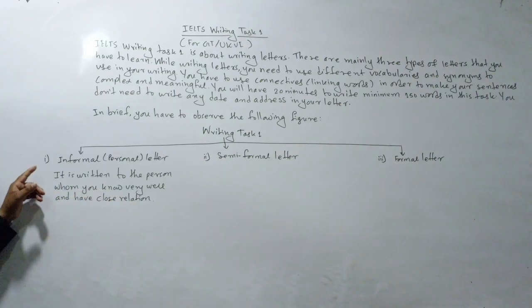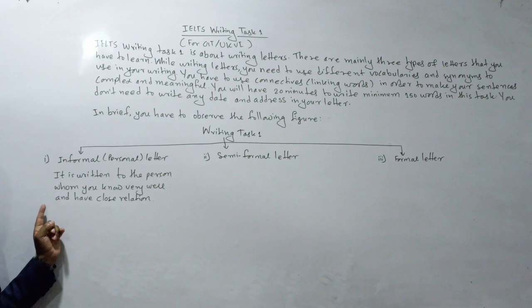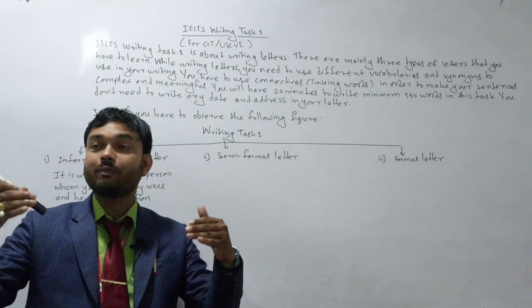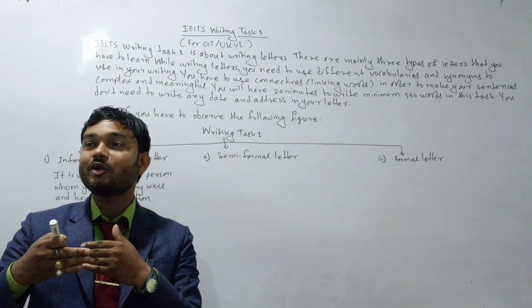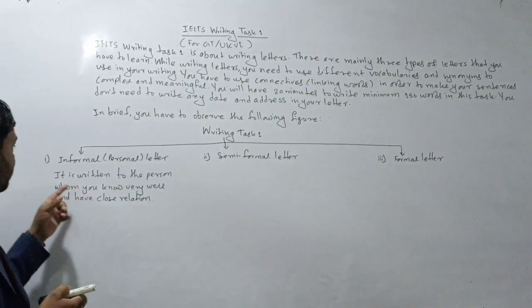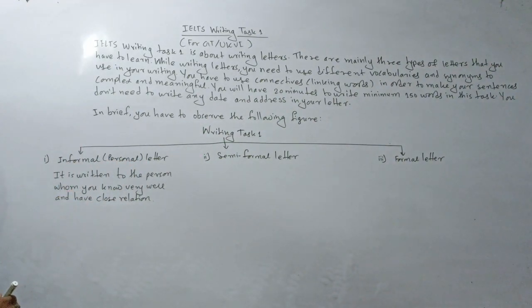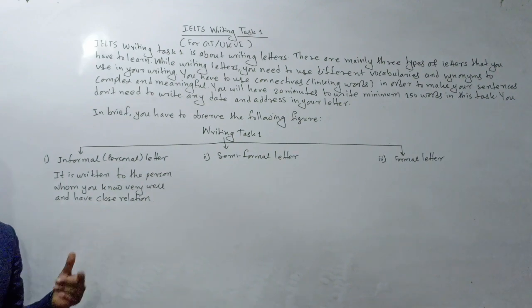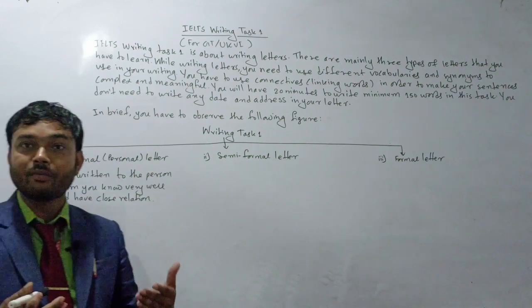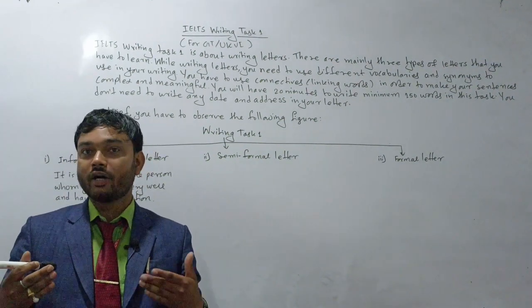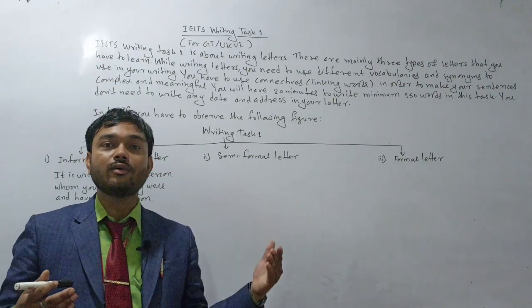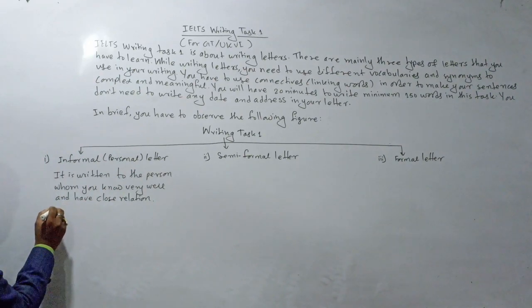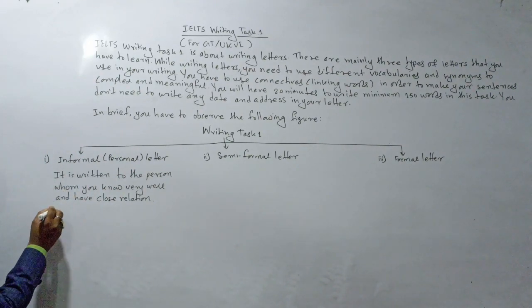To talk about the letters, the first one is called the informal letter. Informal means the personal letter which you write to a person with whom you have a good or close relation, right? It is written to a person whom you know very well, like your friends, or family members like mother, father, brother, sister, uncle, aunt, or your close friend circles. Please learn here about